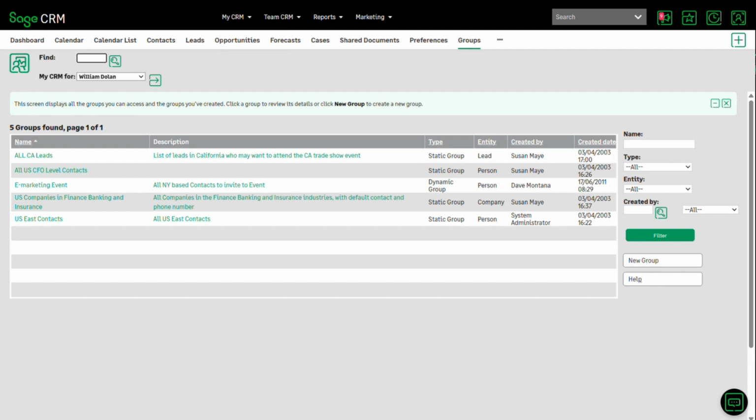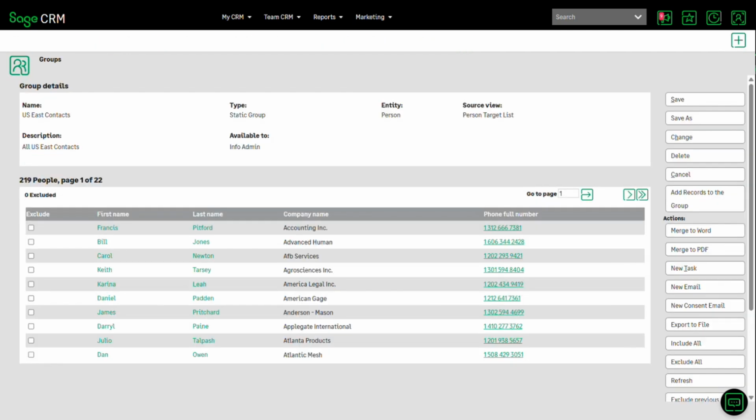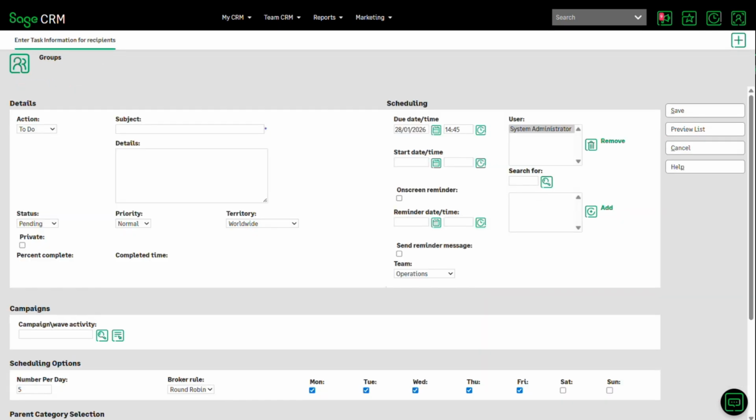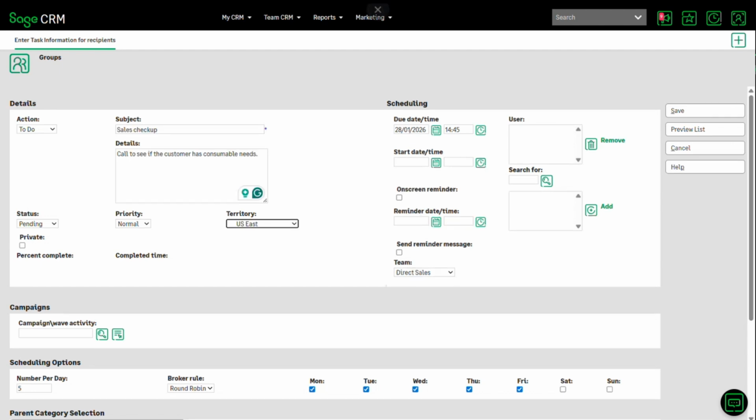So I've come back now looking at my idea of groups. Inside the group, I can associate this with the idea of creating a new item of work. I can then see where I have got the broker rule for the option at the bottom, which says round robin. Well, if I specify this creation using the group to work with a particular territory, using the idea of an associated